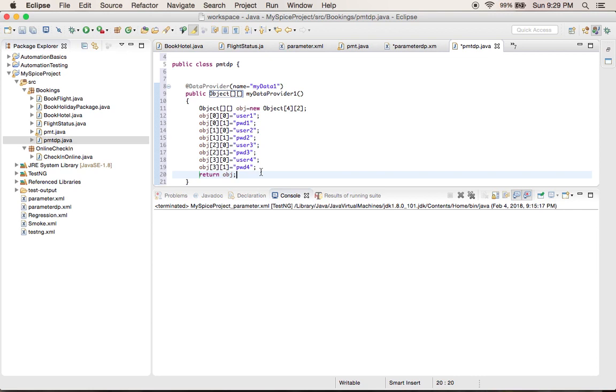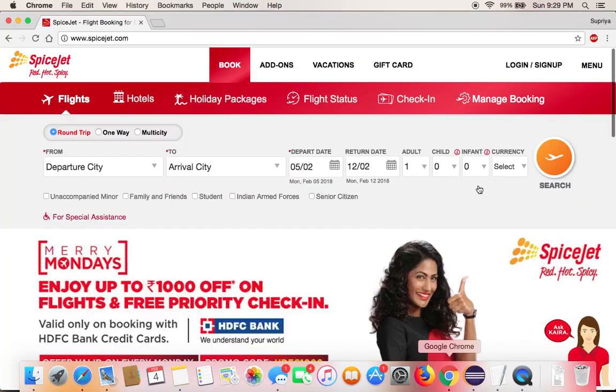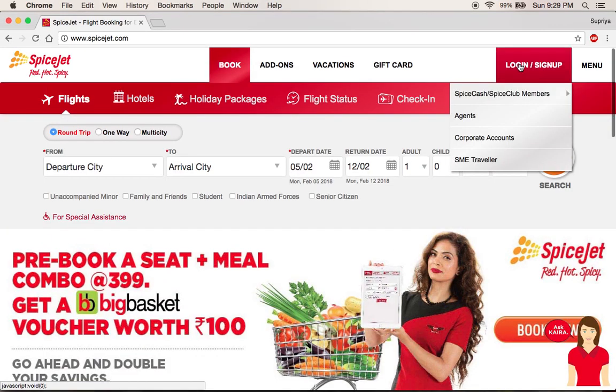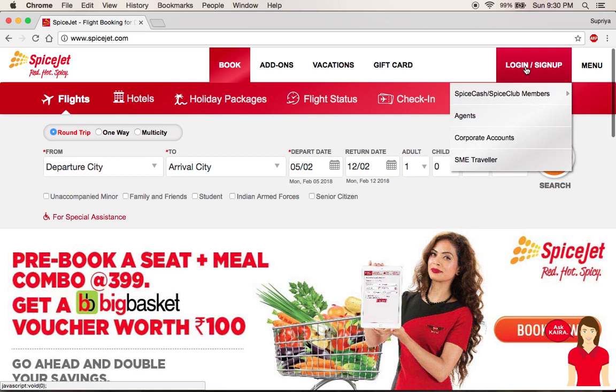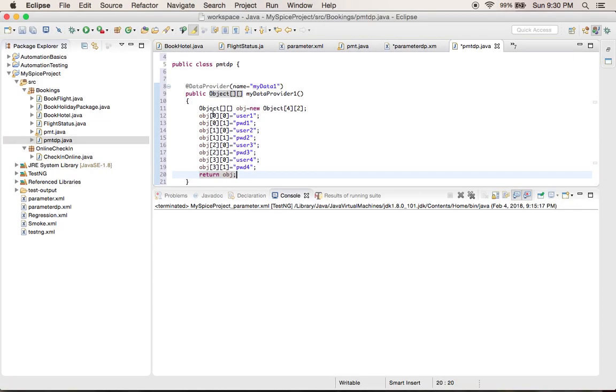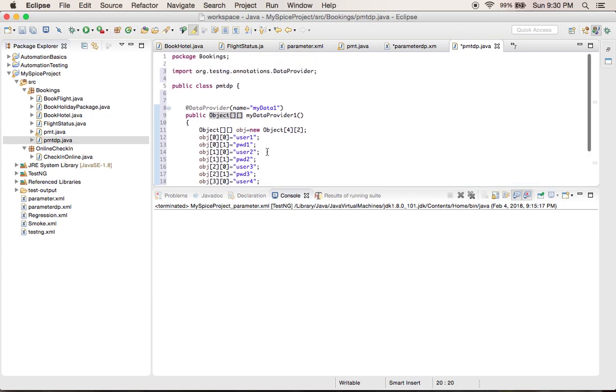So what does it say? Just see the live example that we have taken. We know that a specific test here, or 1 to some 50 tests, whatever there are, have to be run for 4 different types of users. So we are letting our program know that there are 4 different types of users and 4 different passwords. This is how I provided my data using the data provider annotation.